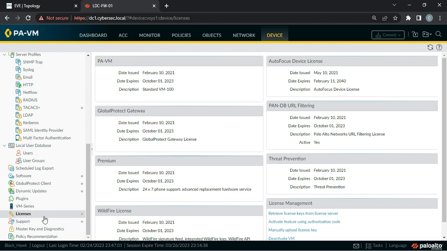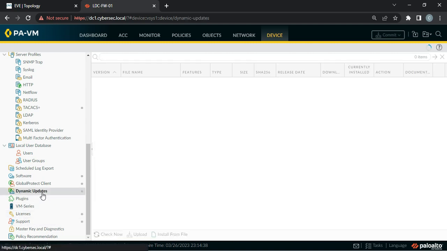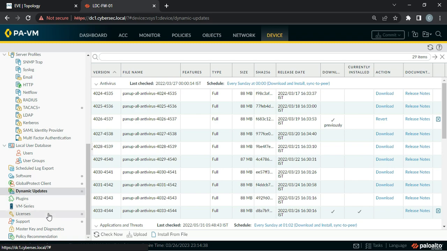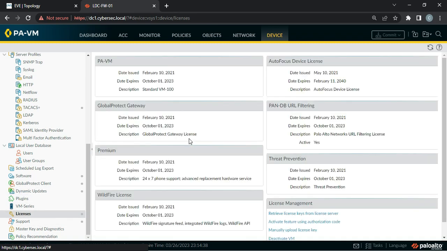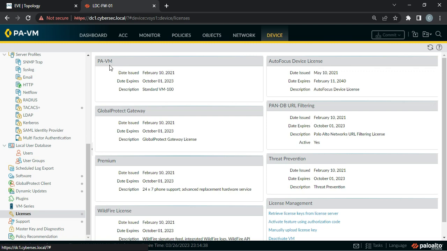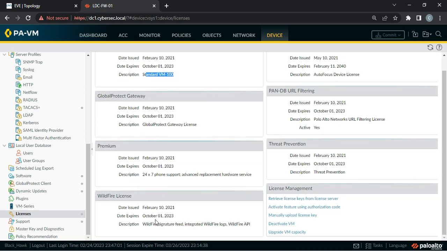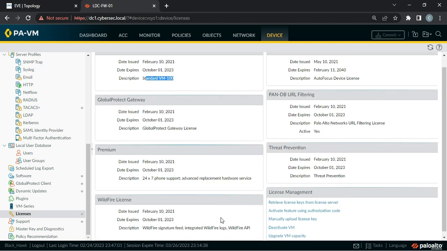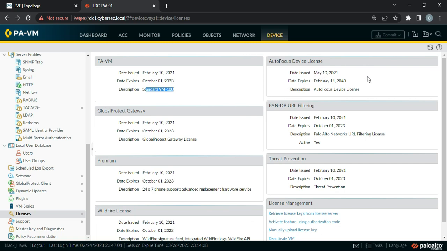Once the licenses are activated, you need to make sure that your device is up to date. So let's say we have licenses: this is the basic license to activate your VM, standard VM 100. Then we have the GlobalProtect Remote Access Service license, so the gateway license is there, the support license is there, then the WildFire sandboxing license is there. Then we have the AutoFocus device licenses, the PAN-DB URL filtering license, and threat prevention